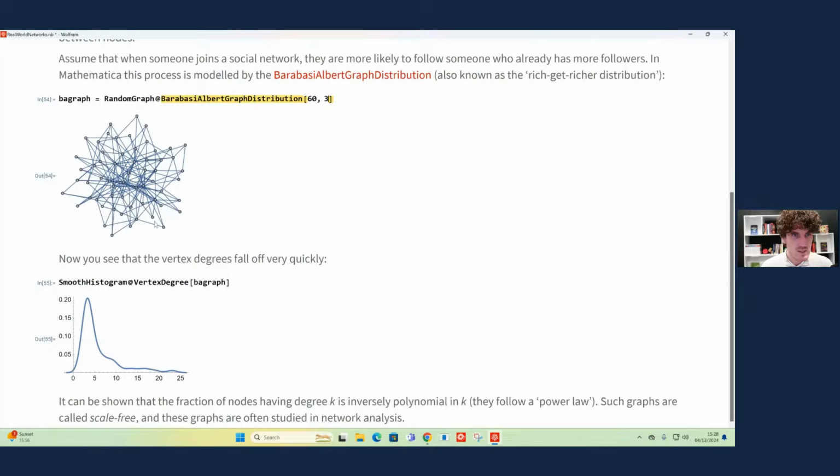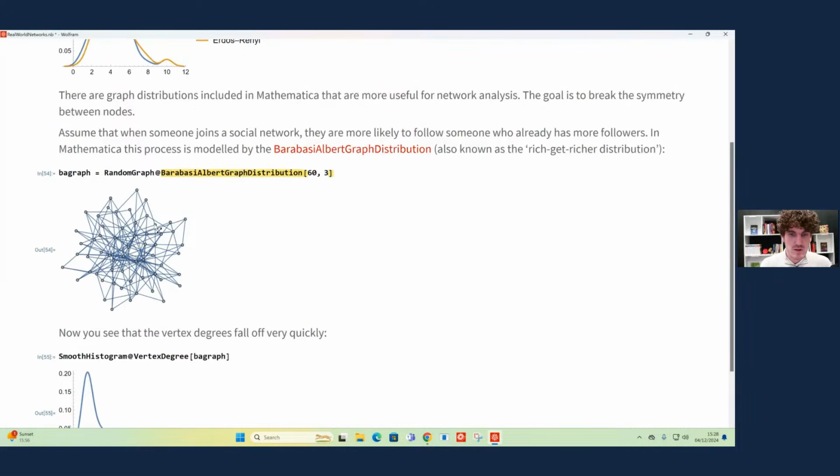And the way this works is that at each step, a new vertex with a certain number of edges is added. And these edges are attached to vertices at random, following a distribution proportional to the vertex's degree. Therefore, if a vertex or node already has a high degree, then it's more likely to obtain additional edges. Hence the rich get richer